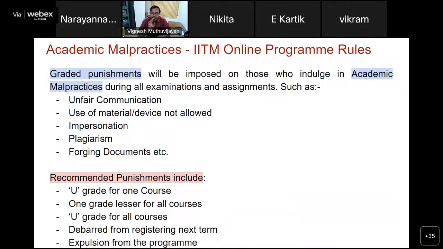You would be given clear instructions as to what is allowed and what is not allowed, and how you should behave during an exam or an online proctored exam or in assignments and so on. Please make sure you follow them meticulously.